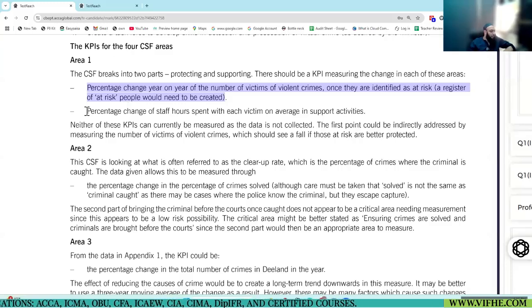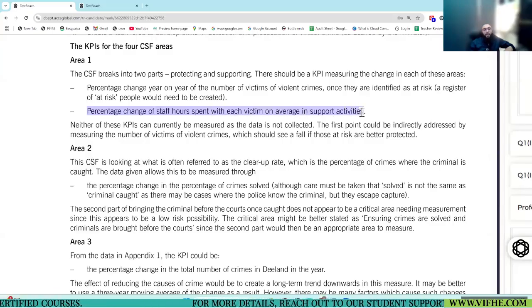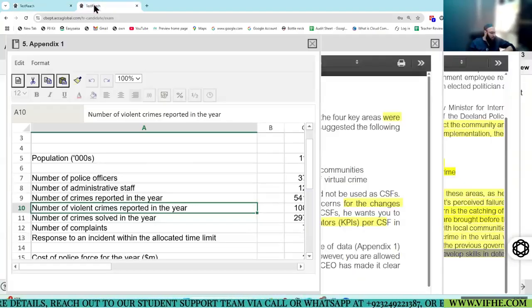Okay. Second, percentage change of staff. See, this is new. Percentage change of staff hours spent with each victim on average in support activity. So he came up with some support KPI. Do we have any hours information here?